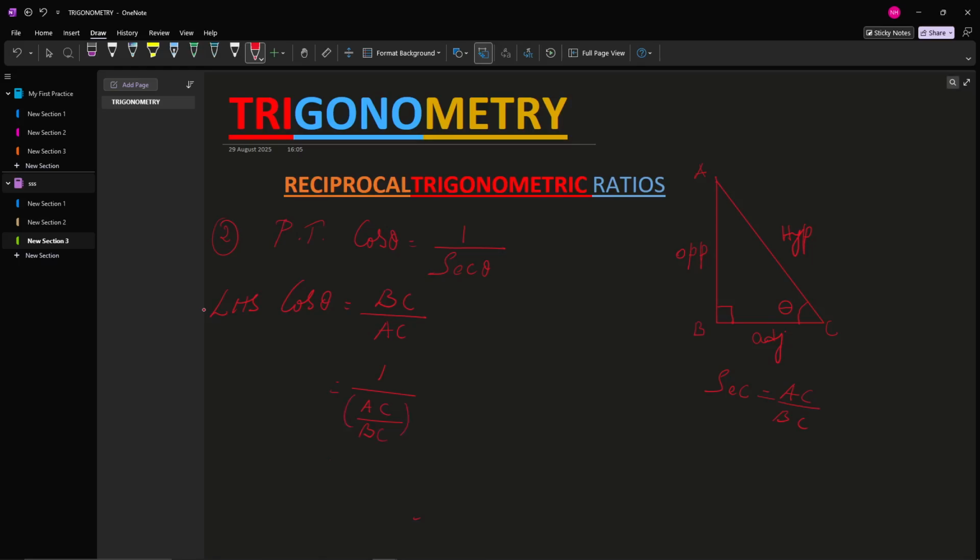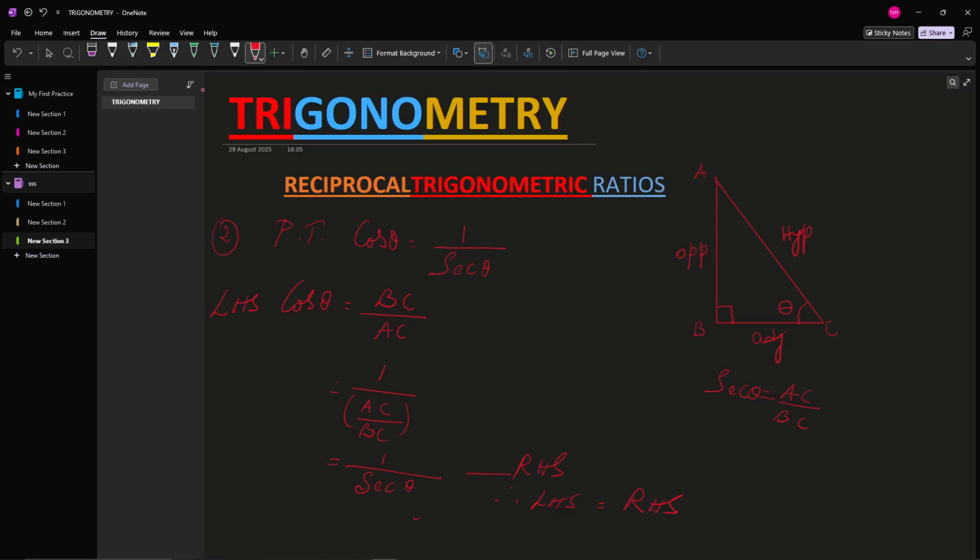AC divided by BC. So 1 by, according to the trigonometry function, AC divided by BC is going to be what? Sec theta. Only sec theta doesn't have meaning, so remember that you always write theta there. So 1 by AC by BC is going to be called sec theta. So this becomes RHS. Therefore you can say LHS equals